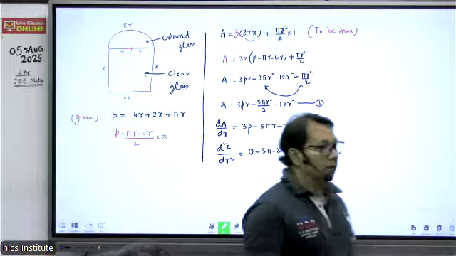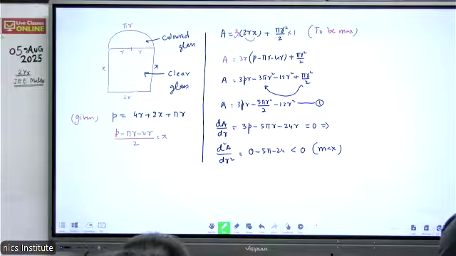Your final answer will be in terms of pi. Find the ratio of 2x and 2r, x by 2r. x and r are the dimensions of the